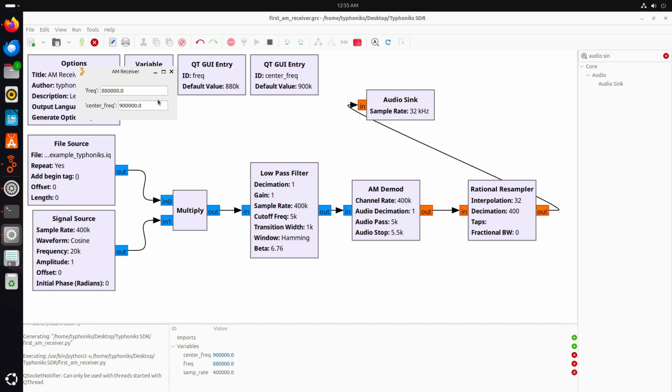So here we will change the value of the frequency to 750 kilohertz. And after a brief moment, you will hear a different repeating chunk of audio. That's because you tuned into a new radio station. So you can also experiment with other stations by setting the frequency to, for example, 710